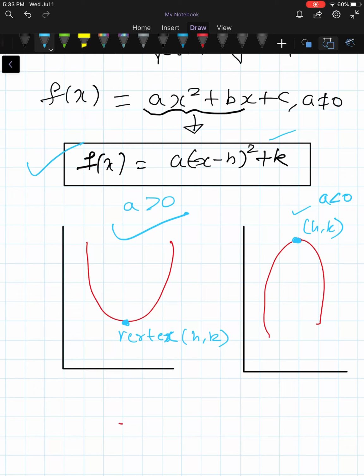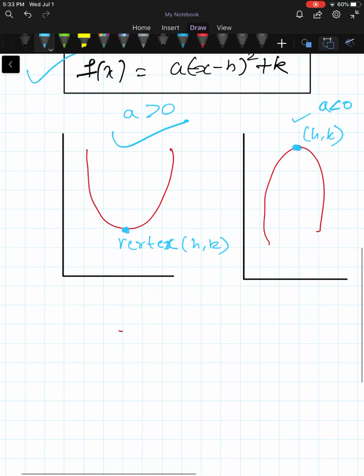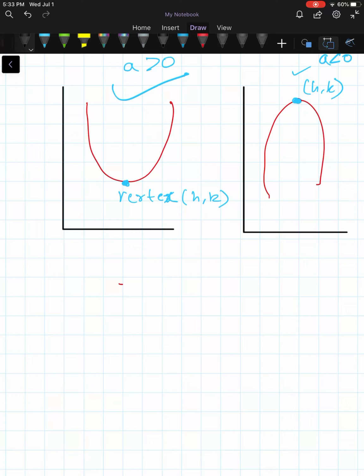So we will do a problem now. This is problem number 16 in the book, which says that f of x is equal to x square minus 2x plus 2.